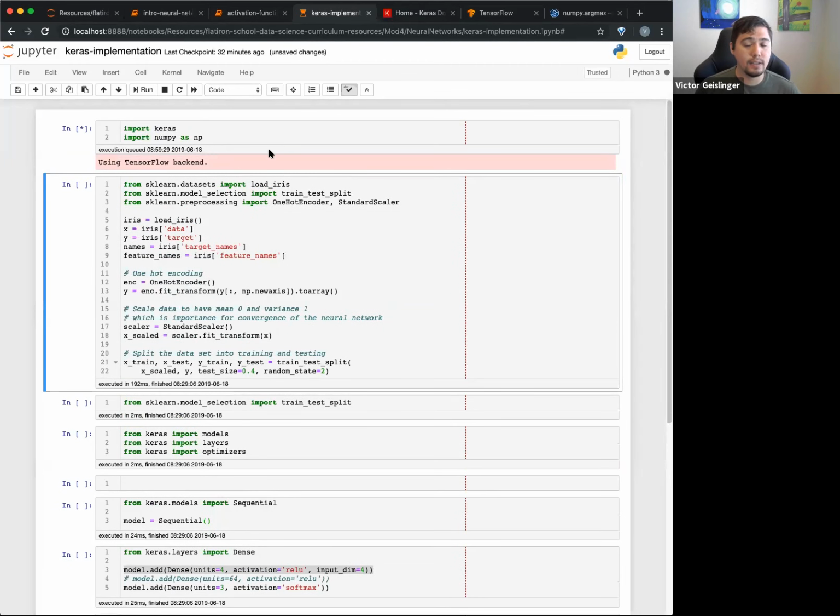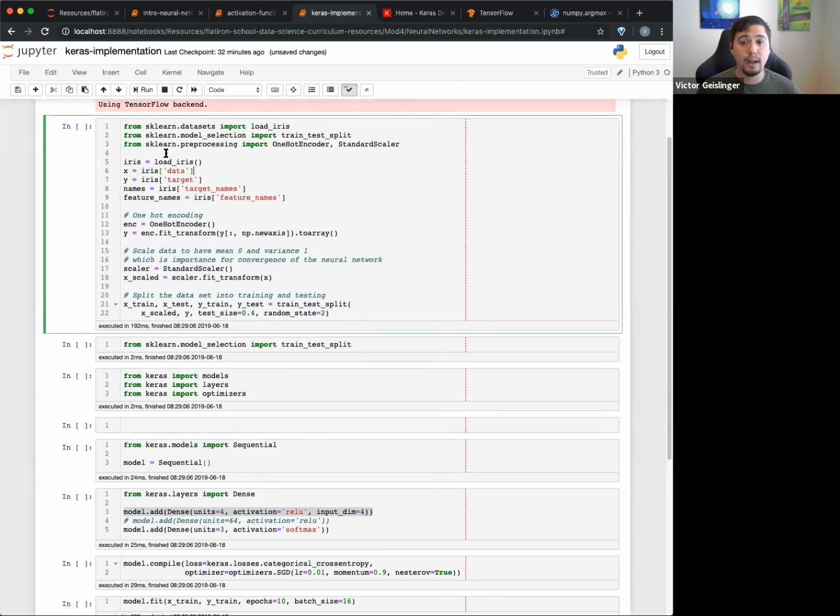Note that I also had to connect it to TensorFlow. I have it connected already. I installed it, but you don't necessarily have to have it. That's why I had it pre-set up. And you can see we have our sklearn. What I'm doing here is just our standard stuff that we've been doing for other ML work, where I'm getting a random data set, in this case the iris data set, which is really small.